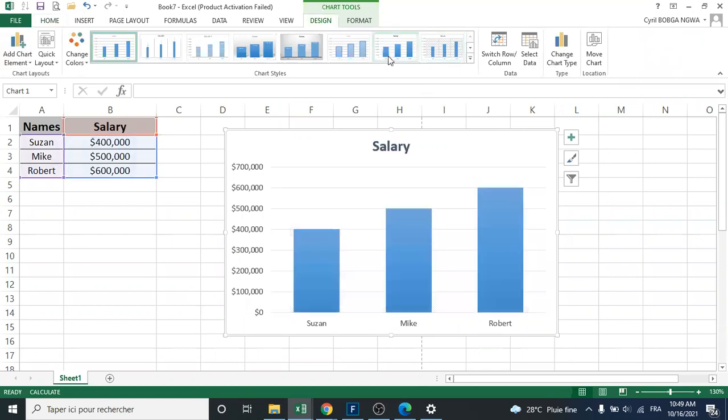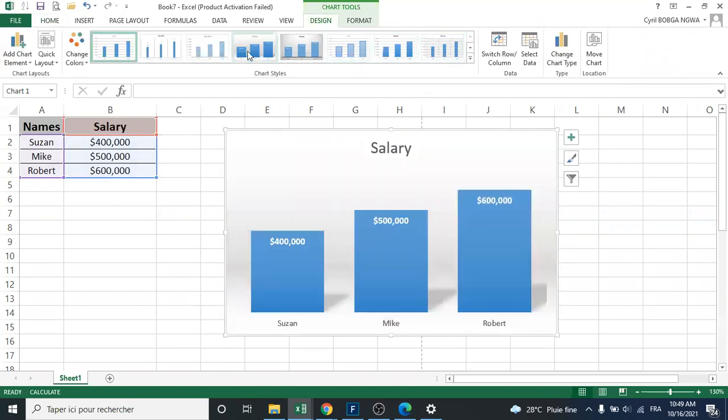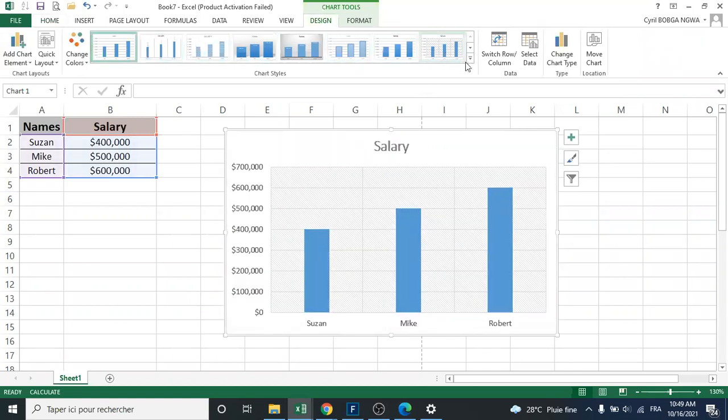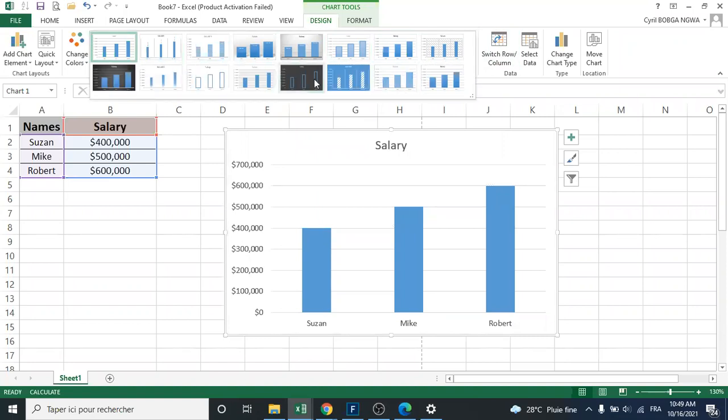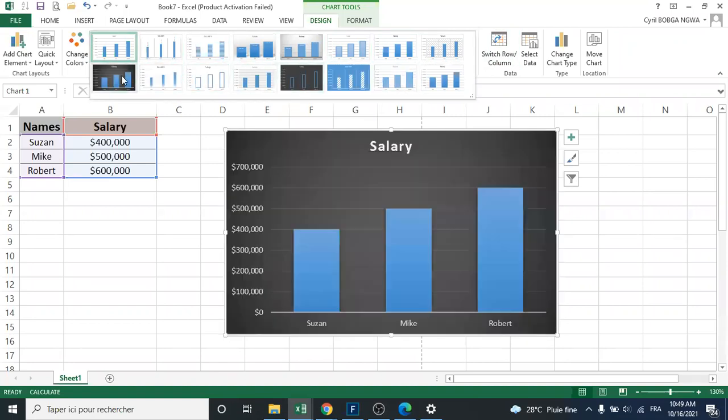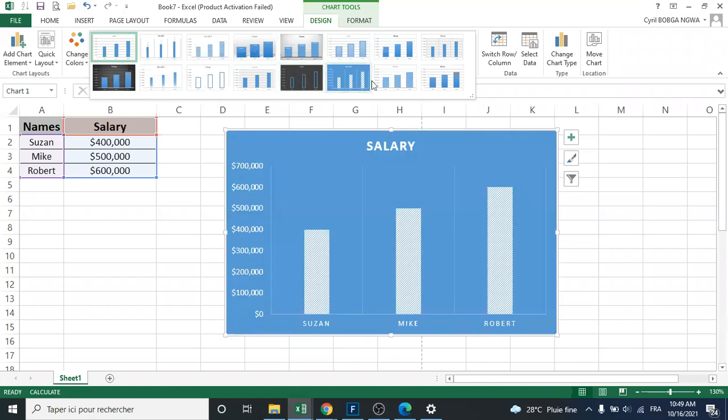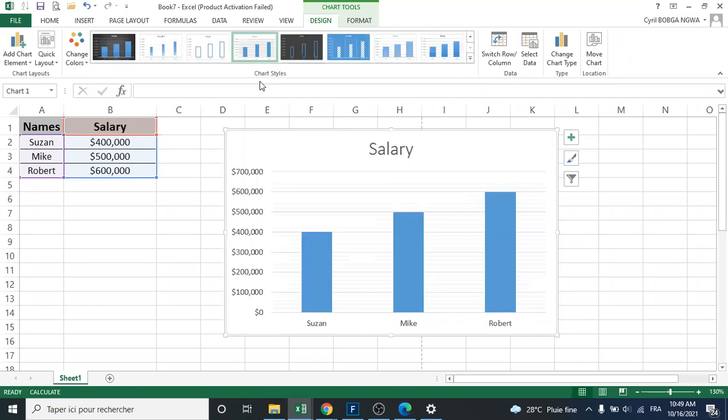Here, you can select the design you want. So choose what you want for the chart. Maybe this one, depending on, so you can choose any design you want. Now, when you've chosen the design, there are possibilities of you doing your formatting here, like we have showed you